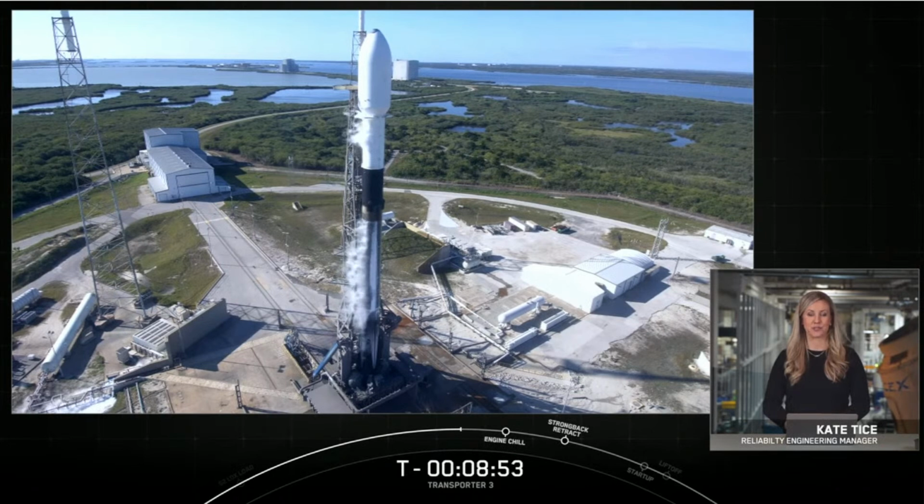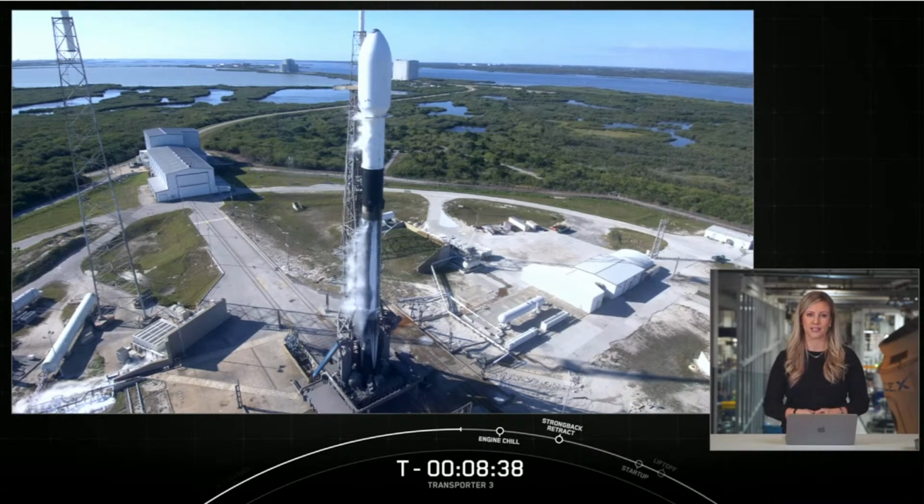Welcome to the webcast for SpaceX's Transporter-3 mission, our third dedicated small-sat rideshare program launch, and our second launch of 2022. With today's flight, Falcon 9 will deliver 105 spacecraft, including microsats, CubeSats, PocketQubes, and orbital transfer vehicles to sun-synchronous orbit. There will be a total of 82 deployments, which will begin around the T+1 hour mark and last for